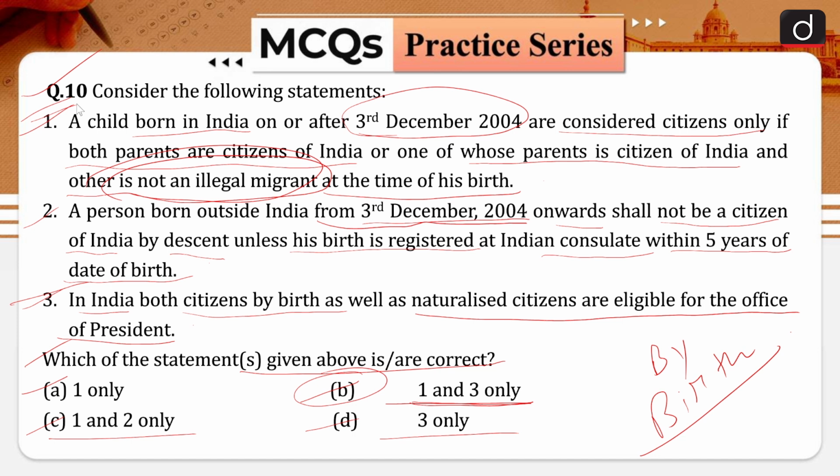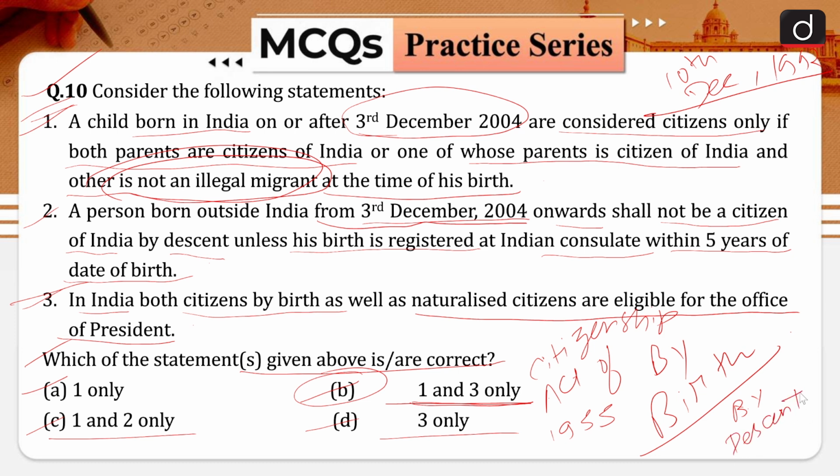Citizenship by descent, as prescribed by the Citizenship Act of 1955, is that a person born outside India on or after 26 January 1950 but before 10th December 1992 is a citizen of India by descent if his father was a citizen of India at the time of his birth. A person born outside India on or after 10 December 1992 is considered a citizen by descent if either of his parents is a citizen at the time of his birth, and from 3rd December 2004,